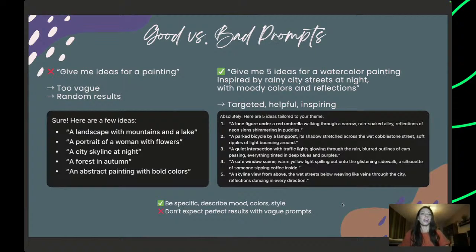At least for me, it is like that. And I already feel inspired to try this prompt. A parked bicycle by a lamppost, its shadow stretched across the wet cobblestone street, soft ripples of light bouncing around. So yeah, these are much more rich results that can already start some kind of process around creating the painting that you want to create.